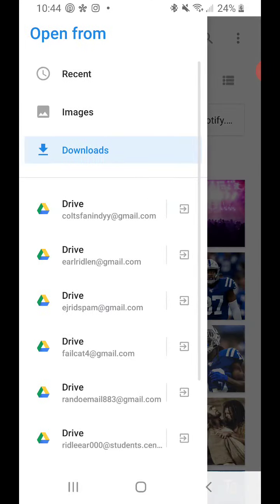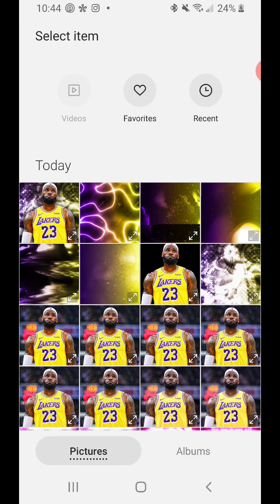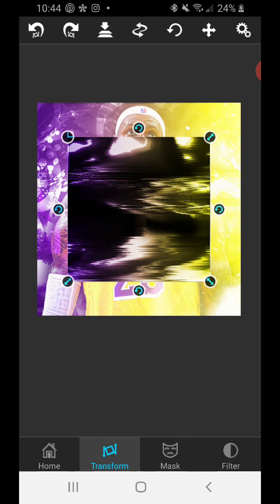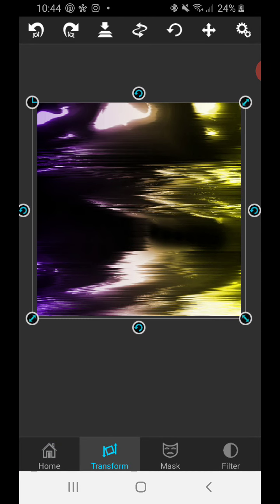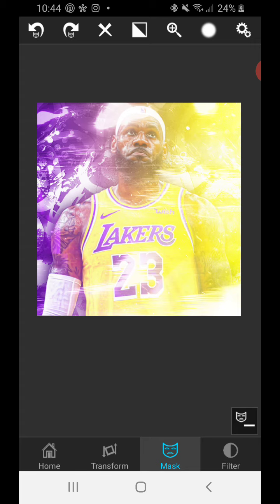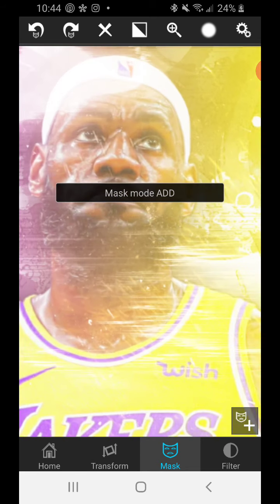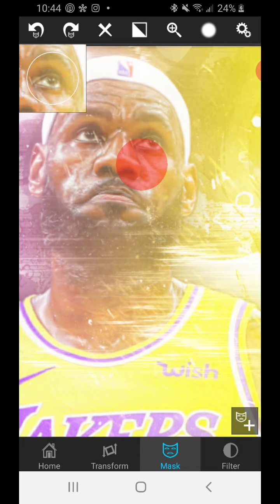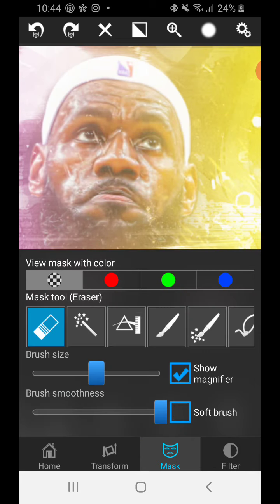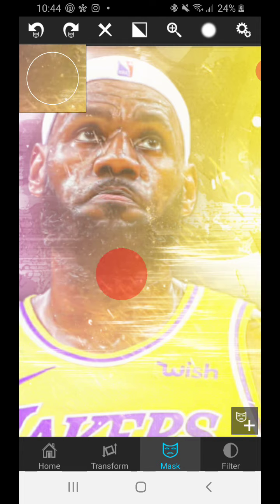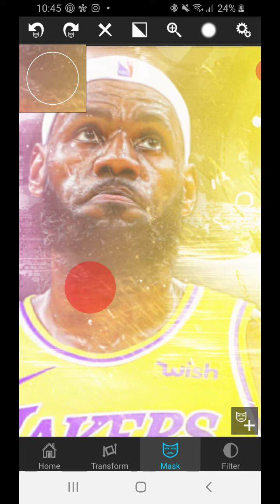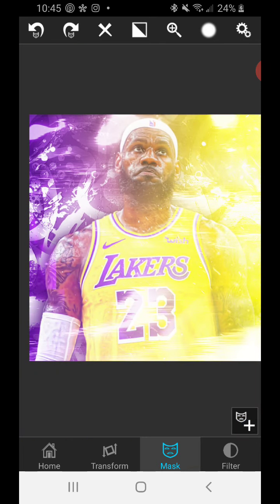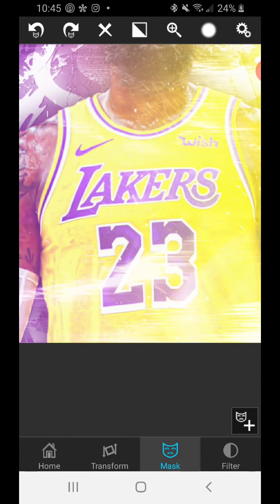And then I'm gonna want to toss this one on. This is definitely one you're gonna want to erase on. You might not even want to, you kind of just want to go with it on this one. Just fully erase right there. And then